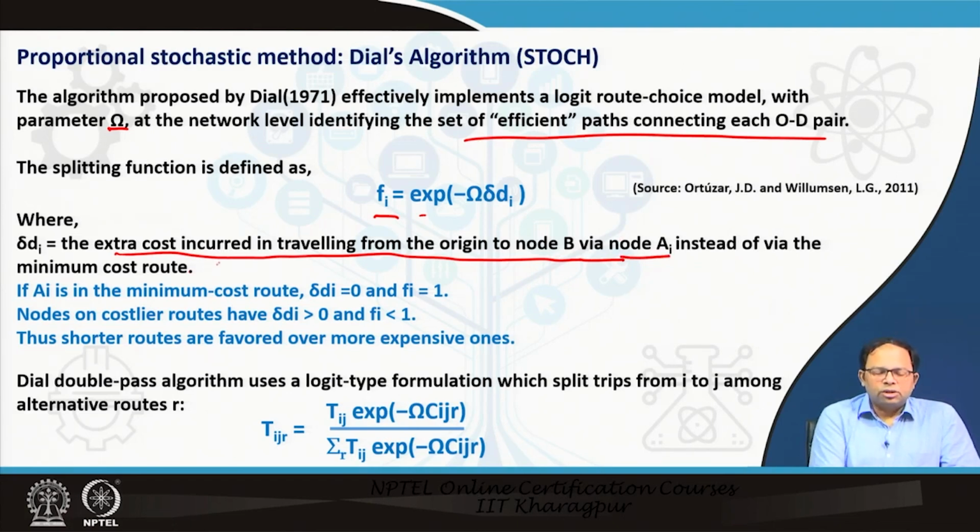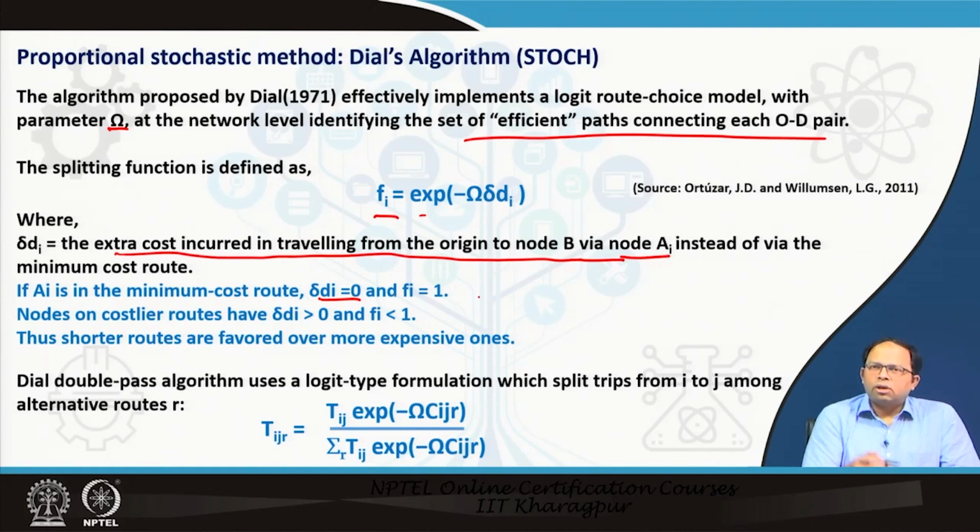So instead of the minimum cost route, we are traveling along a different route and there is some extra cost to it. So there are different routes, and proportionately, based on that extra cost, we will divide the total trip volume into different routes. So if ai is in the minimum cost route, then delta di is equal to 0 and fi is equal